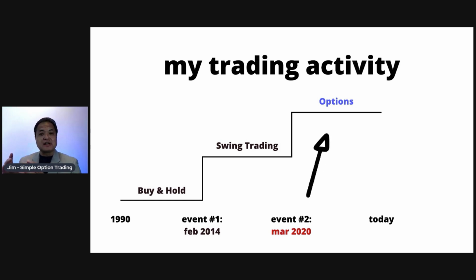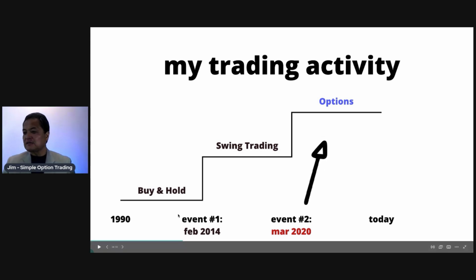So maybe with the amount of cash I had at the time, I could only buy 100 shares of a certain company. But if I used options, that allowed me to get more exposure to different companies using less money. And so I was able to take advantage of the fact that we're in this V-shaped recovery. I've got a finite amount of money, and I don't want to put it all into one stock, or very few stocks. Rather, I had the opportunity now to use options, kind of like an afterburner for my investing and trading. And so I really started focusing more and more on options trading.